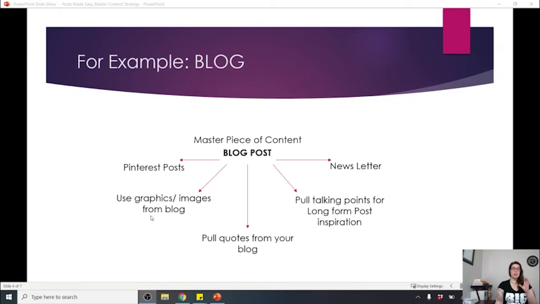Next one is just using the blog itself. So when you create a little description of what you've written about, then you're able to put the URL into the social media post, and that's going to pull a preview, which is whatever image you've used. So whether it be stock or whatever image, then you're able to actually use that image as your social media post. And then finally, we have Pinterest posts. So we could use the graphics or the quotes or whatever it is that we've pulled, and then we're able to put that right on there and link back.